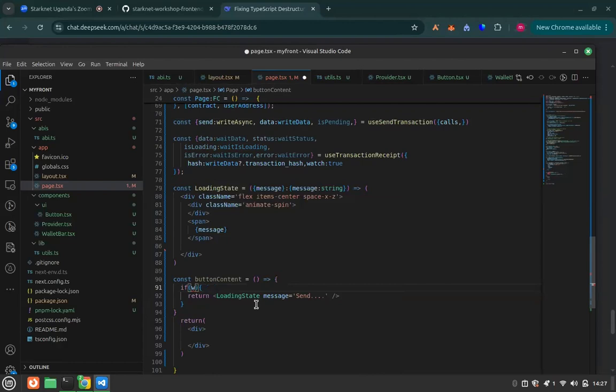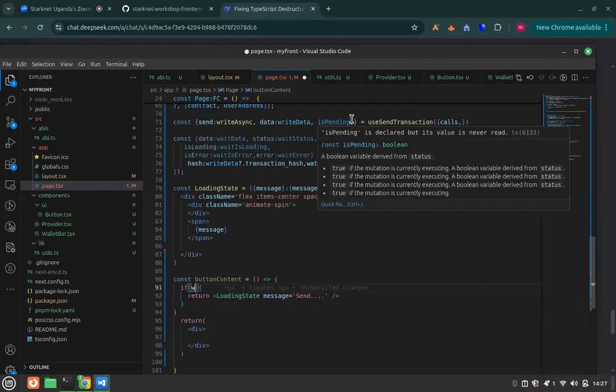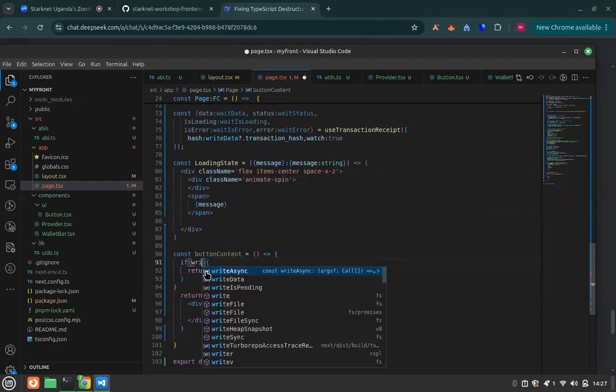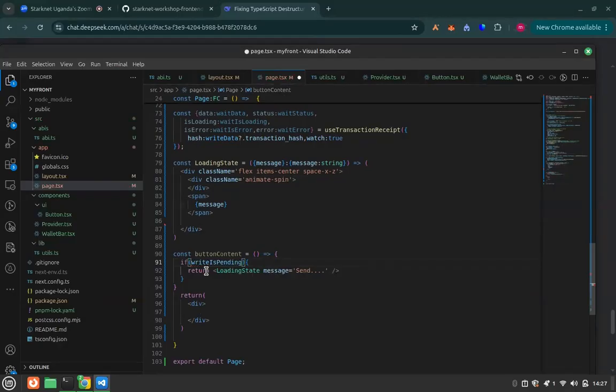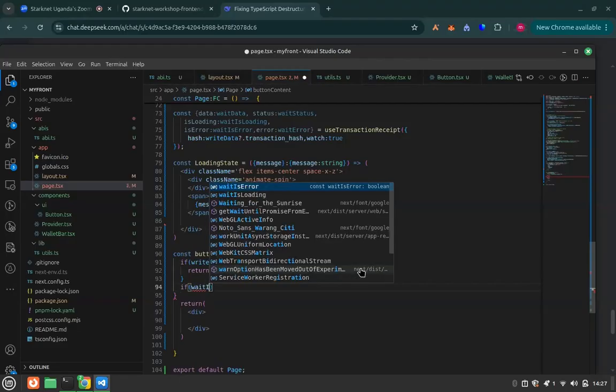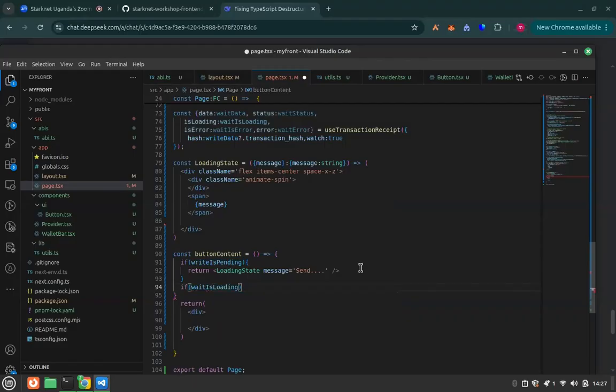So I didn't destructure isPending properly. So this is supposed to be writeIsPending. Okay, so after doing that, if write is pending, then if wait is loading,